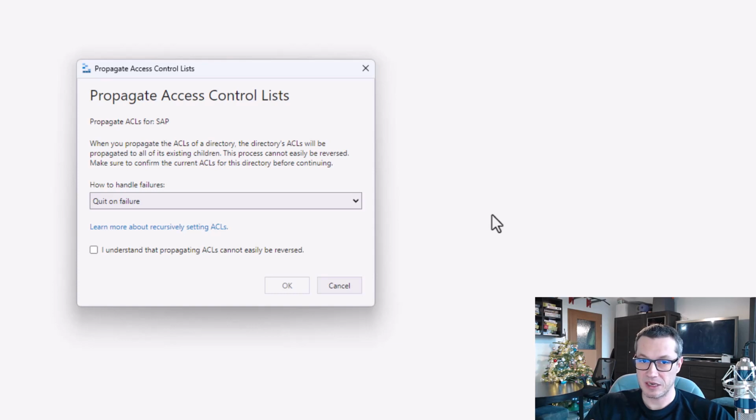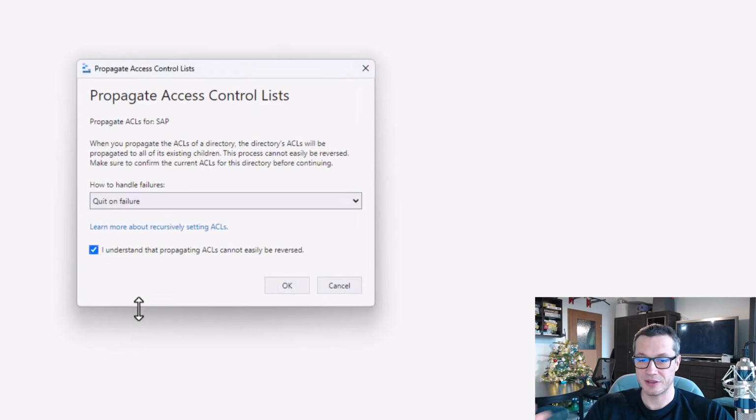So I strongly advise to practice this stuff on some test storage account to see how it actually behaves, what ACLs are being propagated, how it overrides existing ones if there are any. So when you do it on your production data lake, you won't be surprised. And actually they even tell us that this process cannot easily be reversed, so think twice before you do this. But let's say that I'm aware of what I'm doing. So yes, I will click that I understand this behavior, and let's propagate those permissions set on the SAP directory